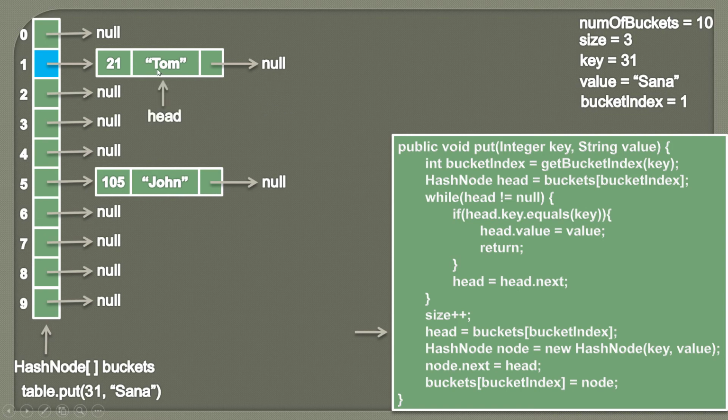Head comes back to the first position. And why we are bringing head to the first position is because we are trying to insert this key value pair in the form of hash node at the beginning of the list. So we usually need the head for that, which is nothing but our first hash node of the list. So here we are simply creating the node with key value pair. So key is 31, value is Sana, and its next is pointing to null, which is being referred by node.